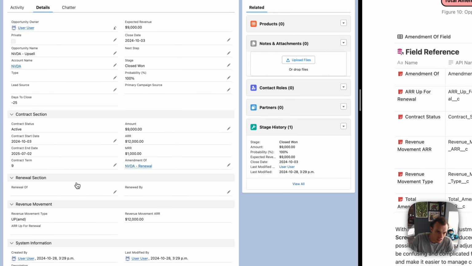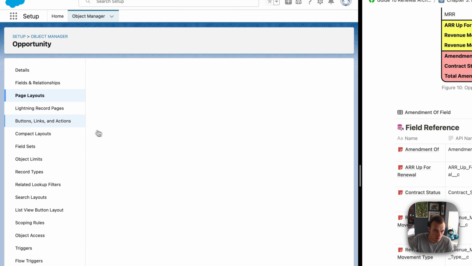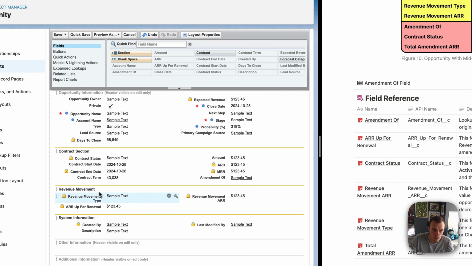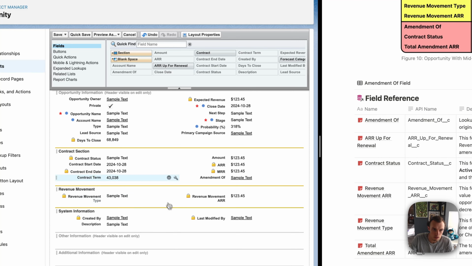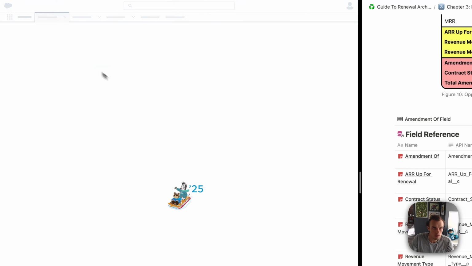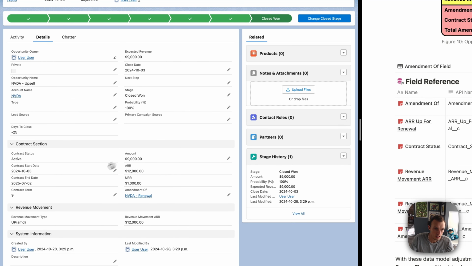I want to do one thing to clean up this amendment layout. We don't need those renewal fields, so let's just remove them. Can delete this section. And we also don't need ARR up for renewal here. Okay, let's refresh this. Okay, so here's our amendment, and we're adding a $12,000 ARR upsell, or a $1,000 a month upsell to this existing contract here. Now if we click on it,